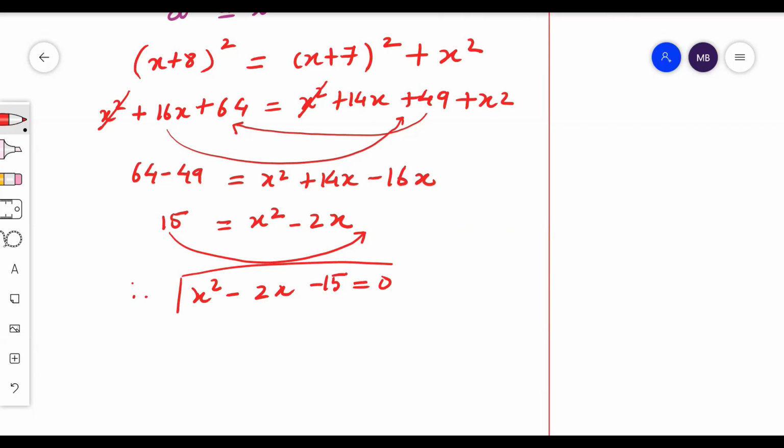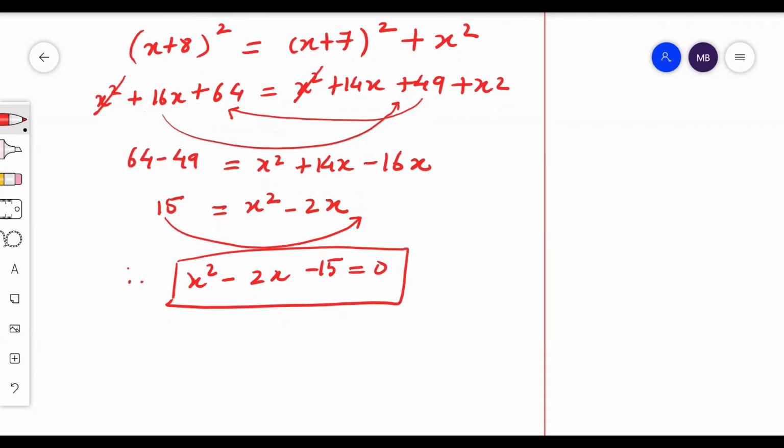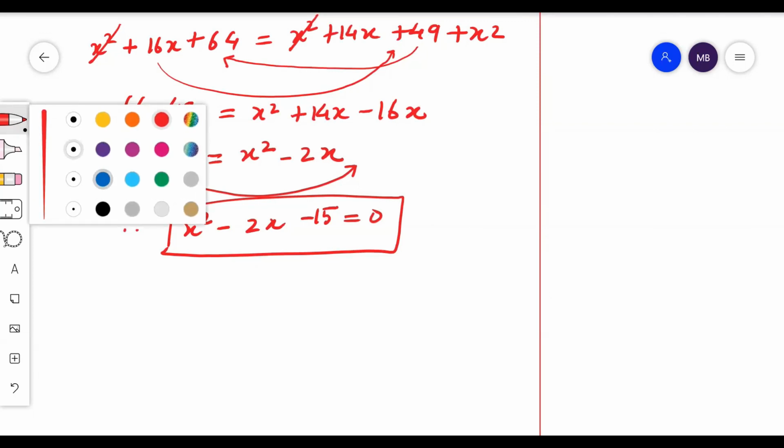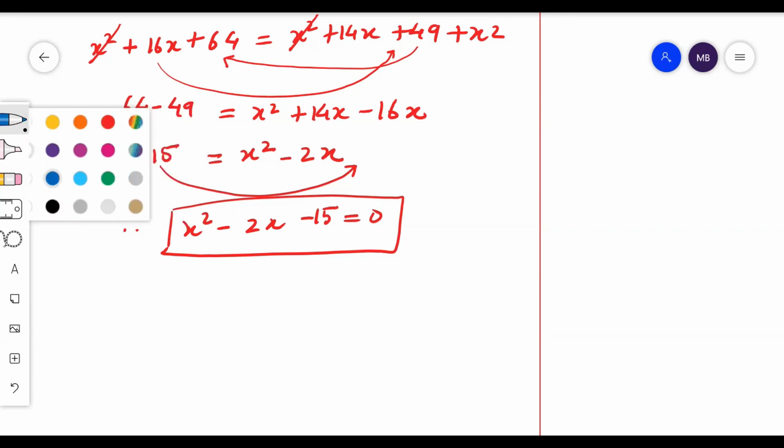So you have got your quadratic equation, right? Now how do we solve this quadratic equation? Now solving part will be yours. I'll just tell you this one, because after getting the quadratic, how to solve it next, we have already learned the 3 methods. So it depends on you how you want to solve it.